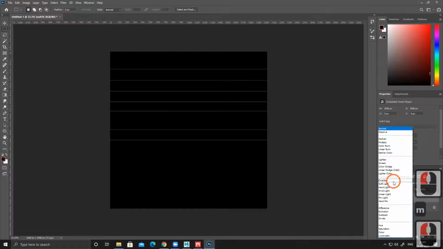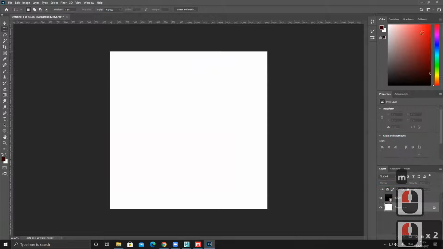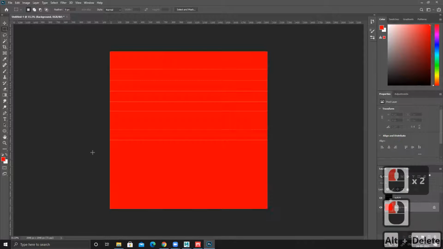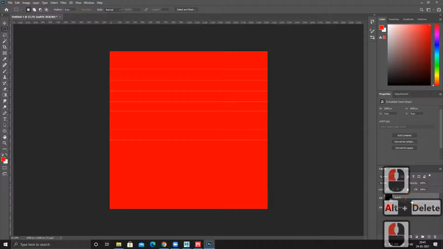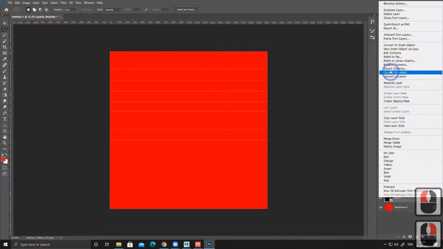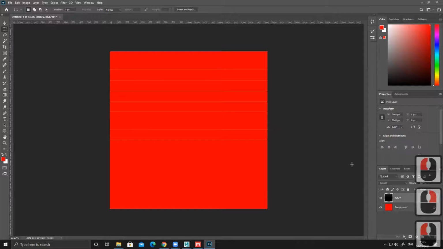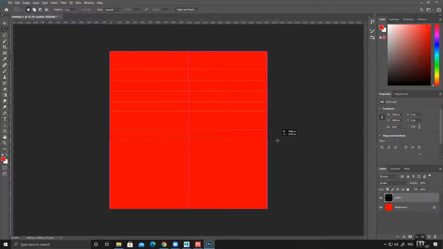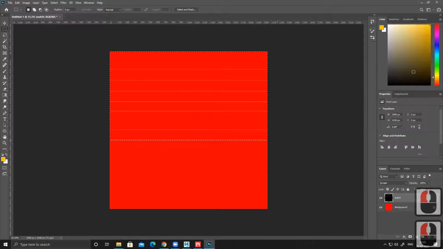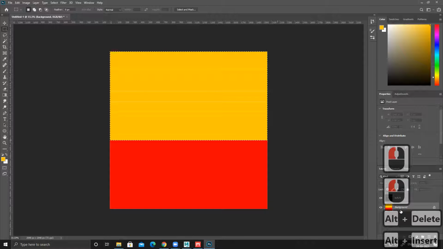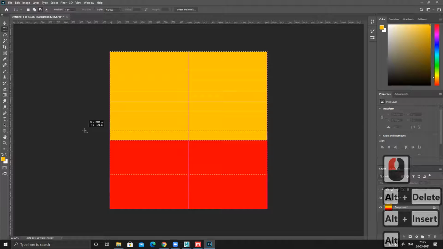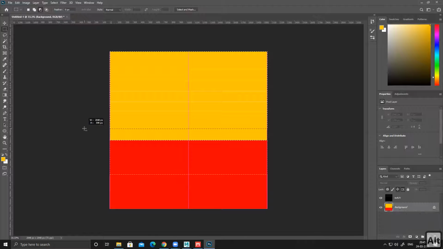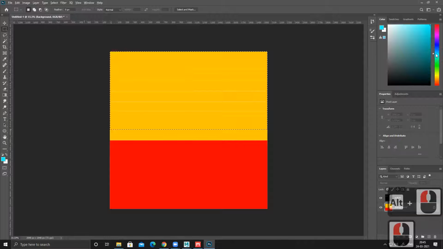Right now, what I can do is change this to screen, and my base color I fill red. So I can see red color. Make this thing rasterize. Keep it like this, white. I can see super white color. Now, based on this, I can change my selection. See, it will automatically snap. Change this color. And then let's do this.